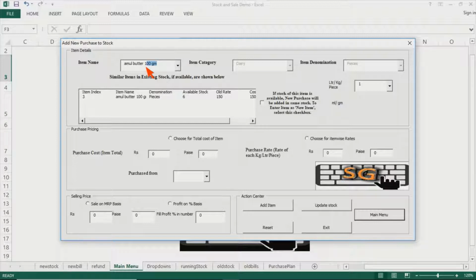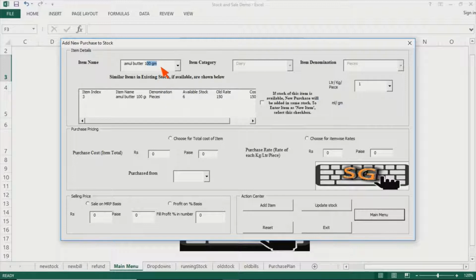When you start typing this, you can see the 100-gram butter is available over here. So what does it mean? It means the item is already available in your running inventory. This list box shows that the available stock is quantity 6. Once whatever you have typed in the item name box matches with the available inventory, it will automatically populate these two fields.